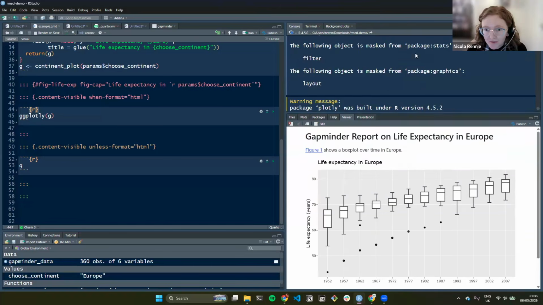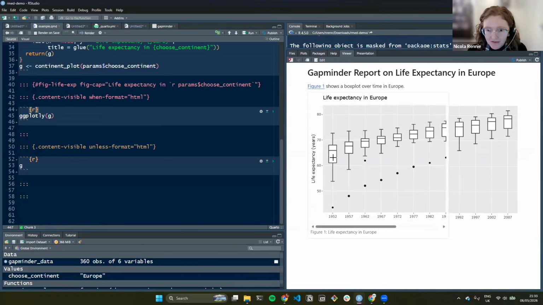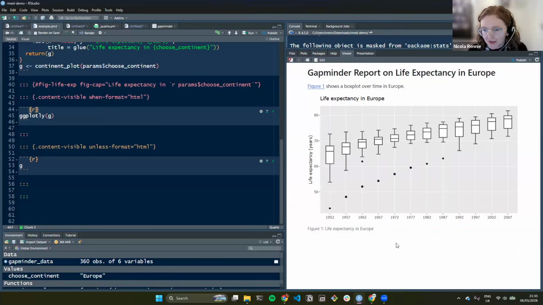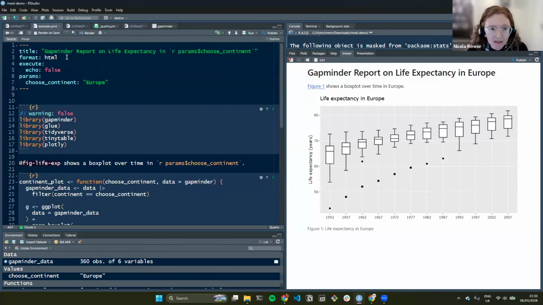Okay, so figure one is fixed. It looks as we'd expect. A little bit cropped and scrolly, but that's fine. Everything else is as we would expect. We've got this nice interactive chart with the hover effects. If I change the format to something else,